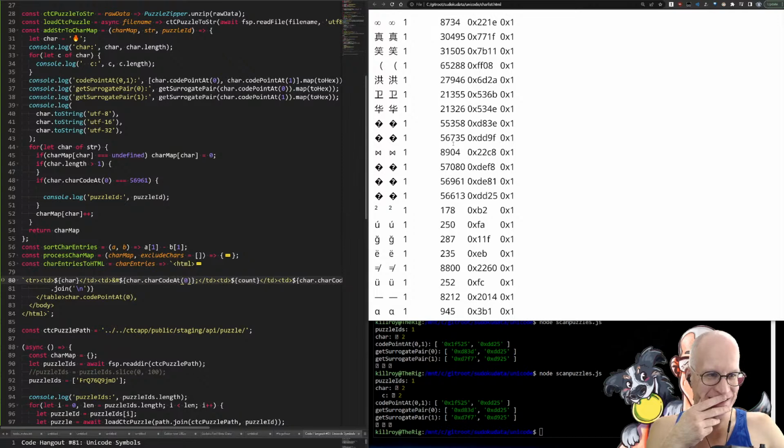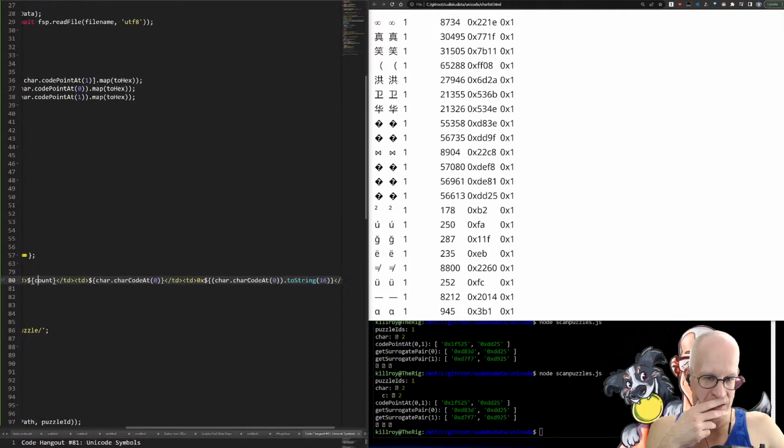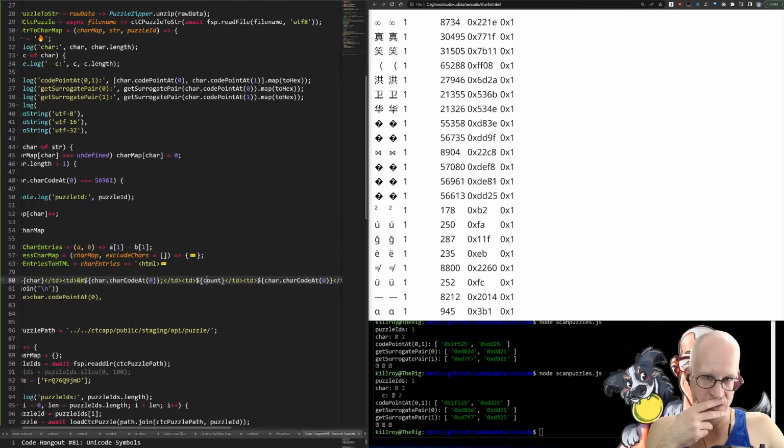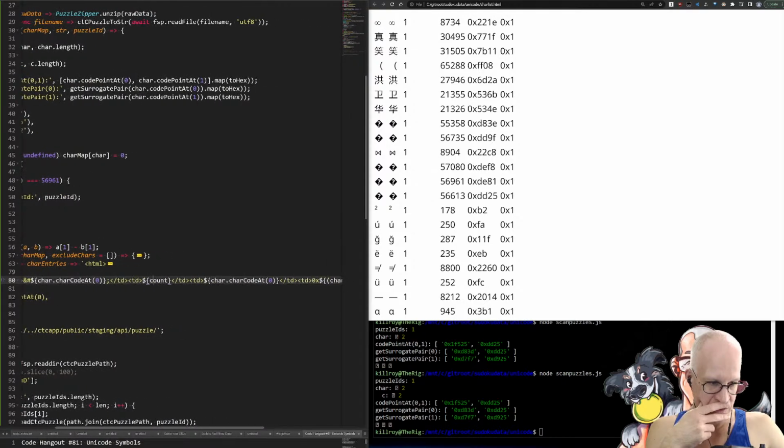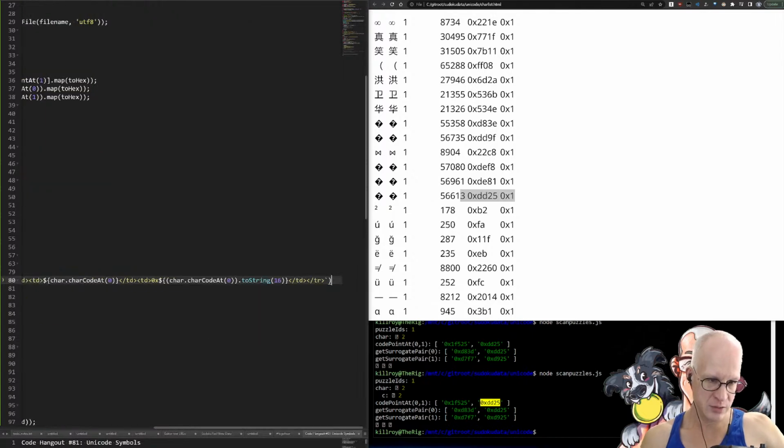Going crazy. Because here, these look like char code at 0. But I'm not getting, here I'm getting the second one, the DD25 version. Even though I'm getting char code at 0,